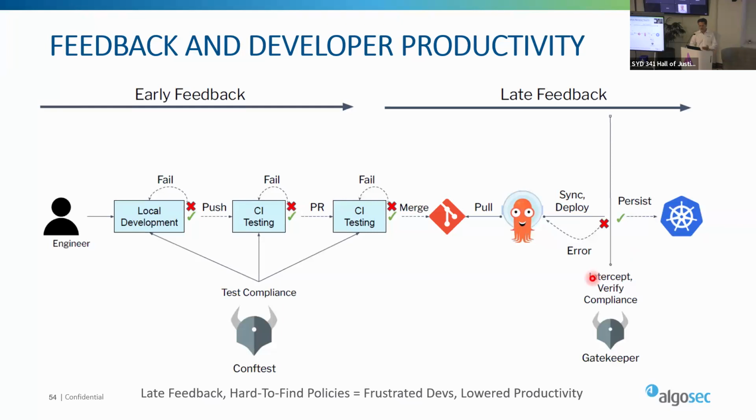So the focus is making policies that are easy to access. Because the policies are stored in Git, it's easy for the developer to see them. If he gets a warning message or a deny message, it's easy for him to go to Git and check exactly what that policy was and why it was enforced.